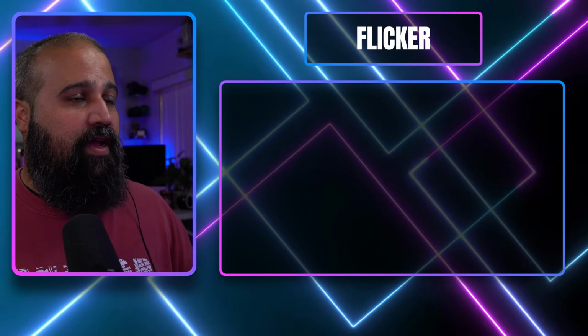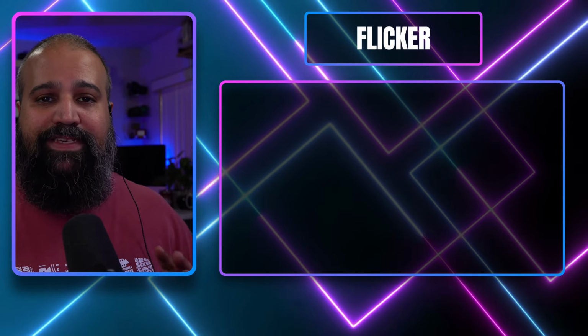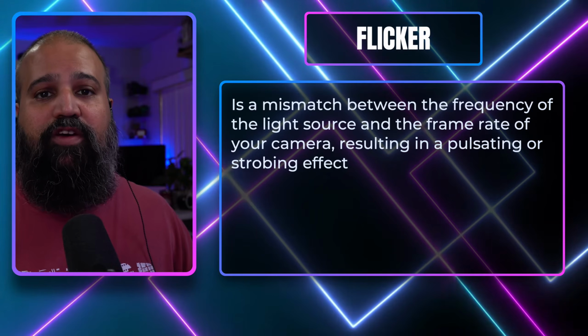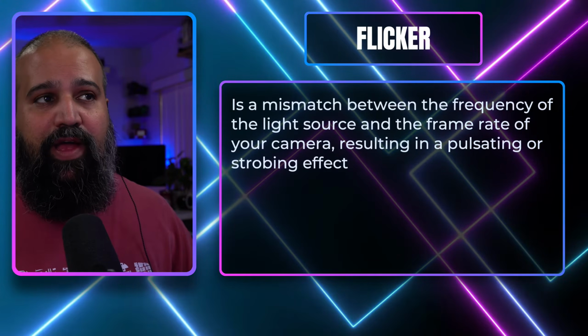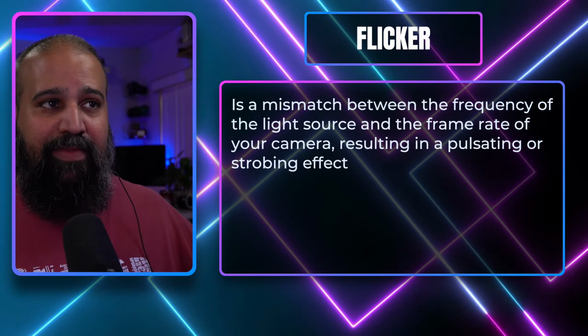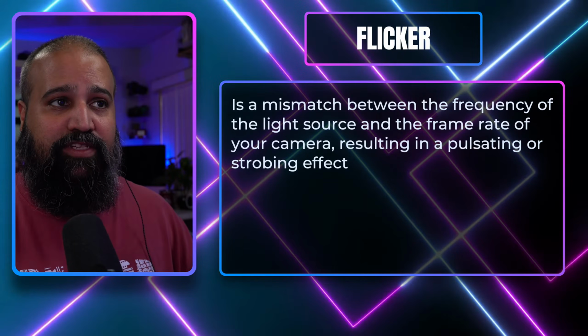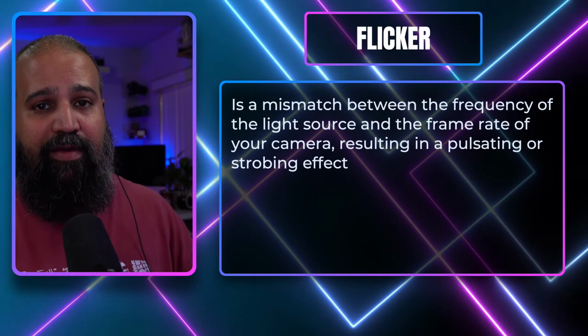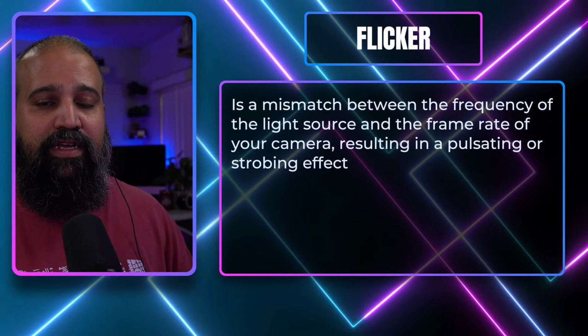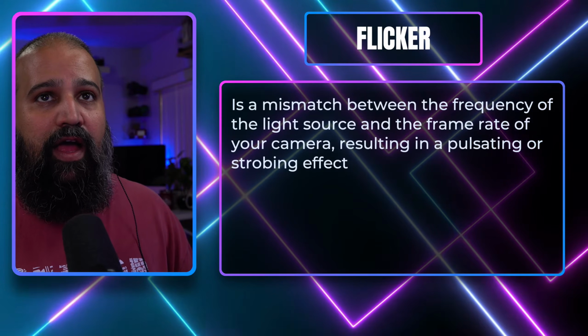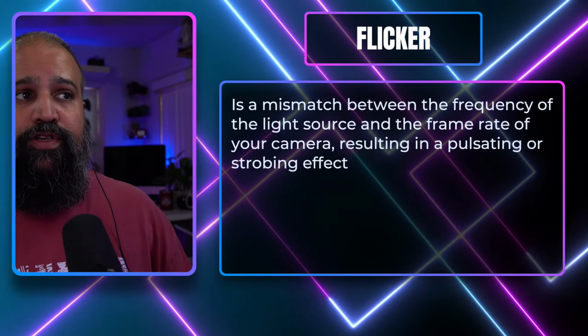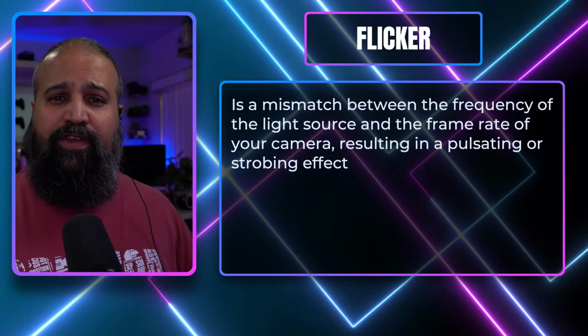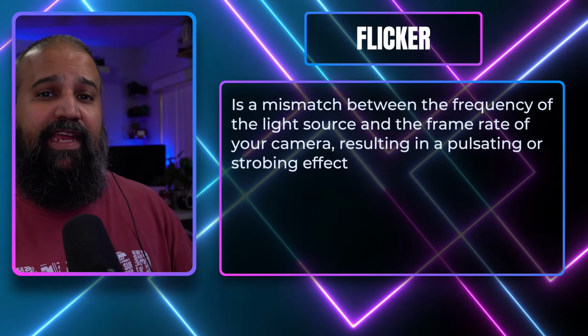Okay. And when you encompass all of these things, you might endure something called flicker. The reason why is because of a mismatch between the frequency of the light source and the frame rate of your camera, which was what we just mentioned. Now, a lot of people prefer to use 24 frames a second because they feel that it gives them